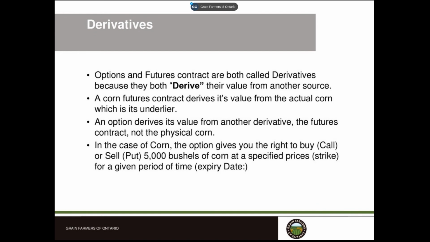So in this case, it's an option on a futures contract, not an option on the corn directly. However, they are linked together in the sense that you could exercise the option on the futures contract. And once you get the futures contract, you could exercise your rights to take delivery of the corn. But anything like this is called